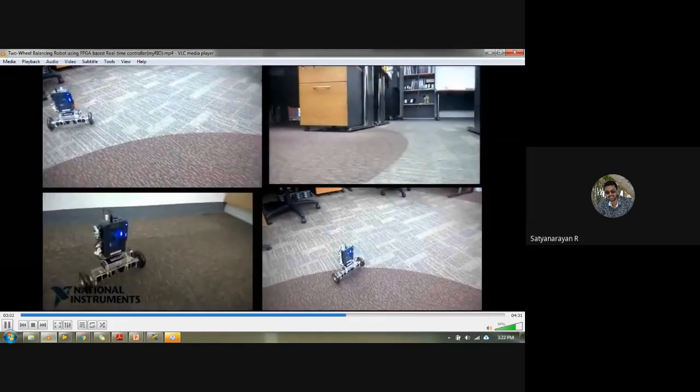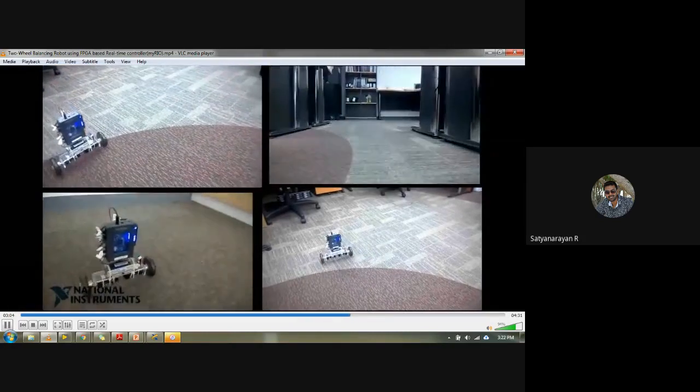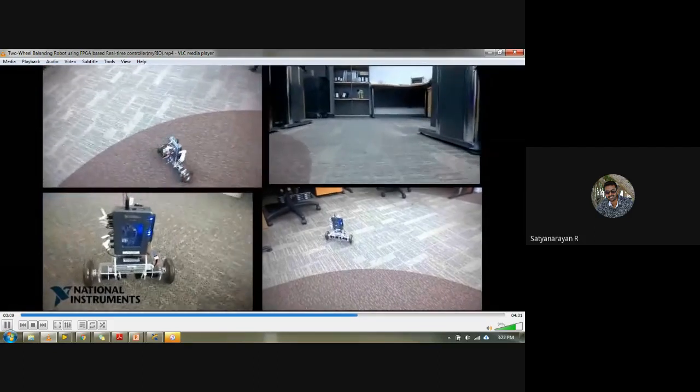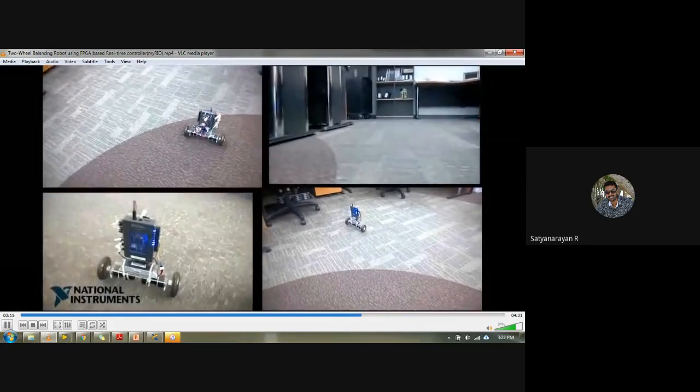And here they also use a camera placed on the MyRio, and it keeps watching what is in front of the MyRio.